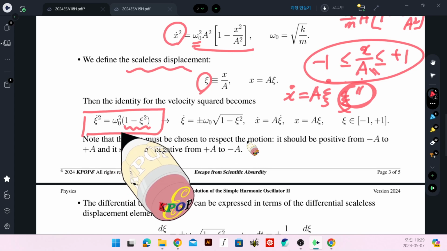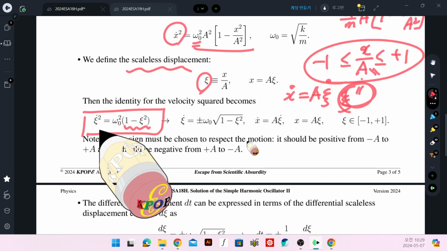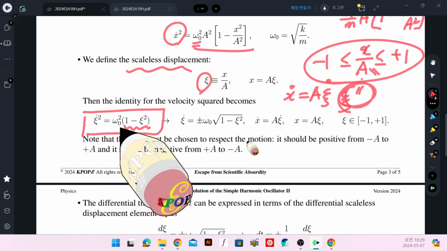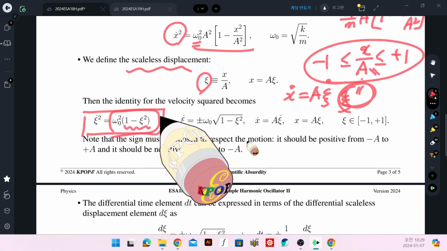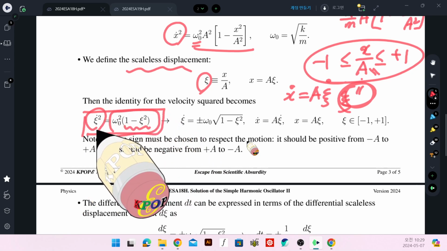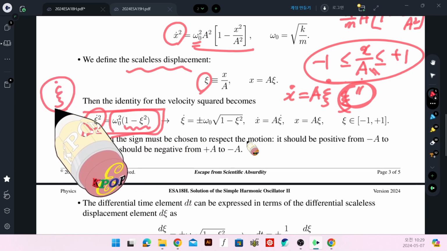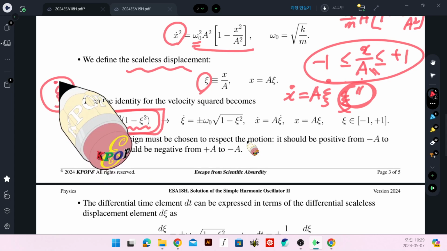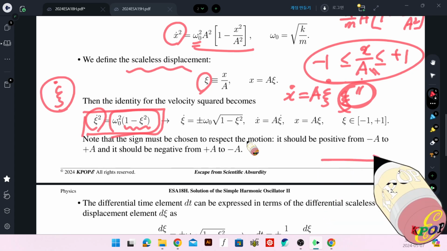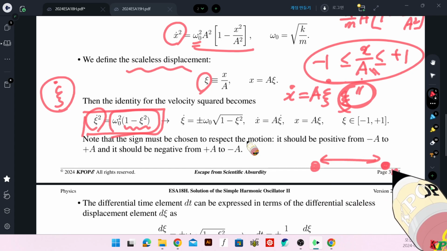Why don't we take a square root of this? So velocity squared, right side is positive definite, but left hand side is positive definite too, but x dot is either positive or negative. So depending on the situation, if the mass oscillates like that, mass m oscillates in the